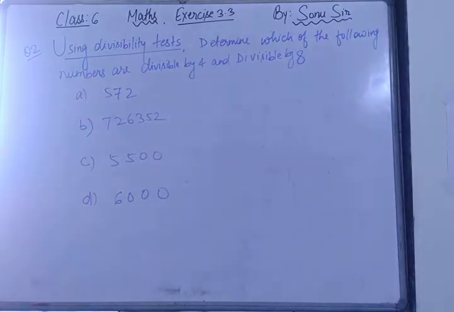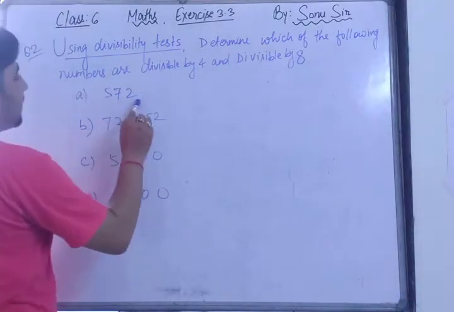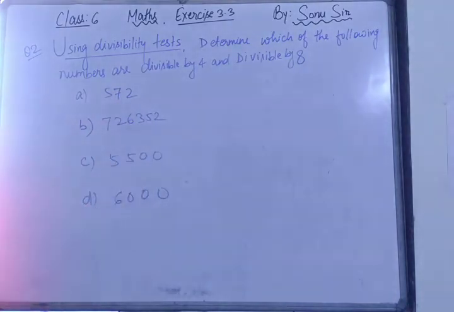And what about the divisibility by 8? Can you tell me? Here also it is the same thing. A number with 4 or more digits is divisible by 8 if the number formed by the last 3 digits is divisible by 8. Means at least you have to check that the last 3 digits are divisible by 8. Then only that number is divisible by 8.